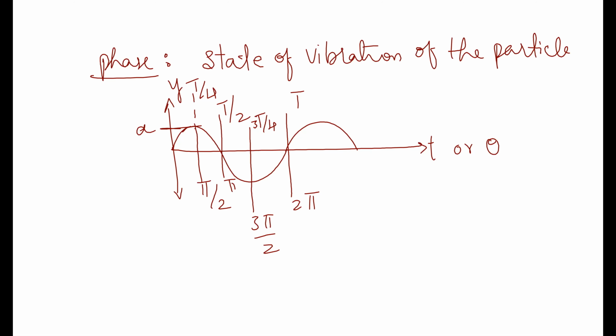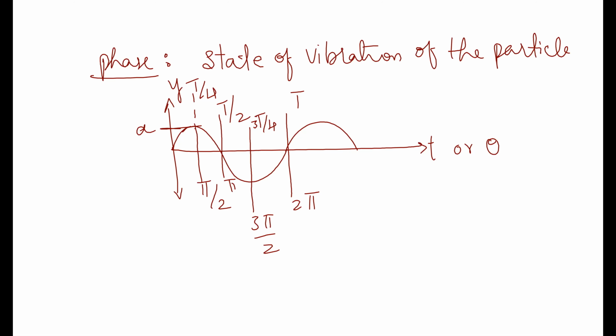What is the meaning of that phase? So phase is represented as a fraction of period T or fraction of angle 2 pi. Phase of T by 2, in terms of angle, is pi by 2. Similarly, some other phases are shown in the diagram, that is pi, 3 pi by 2 and 2 pi. So when a wave is set up in a medium, there exists phase difference and path difference between the particles.